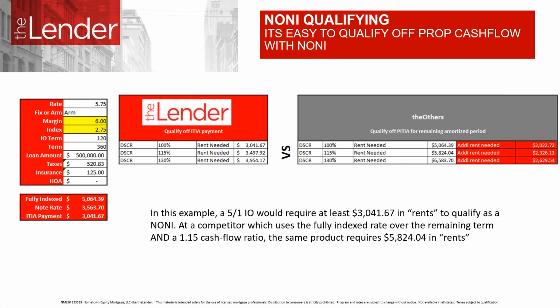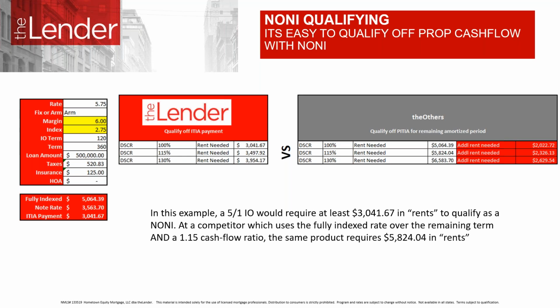So here is the tool that we'll provide in the Noni Toolbox, which I'll show you how to find. But what's nice is when you call us and we pre-qual loan, your AE will send you a calculator, or you can go onto our website. And immediately you could enter your information. So if the borrower's got the 680 score, they've got a 5.75 on an ARM, you can enter the rate there, loan amount, you've got to have your taxes and your insurance, but you immediately can see what rents you need.